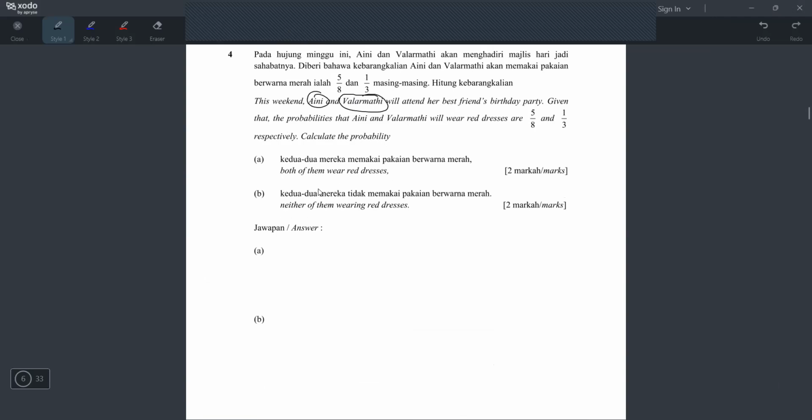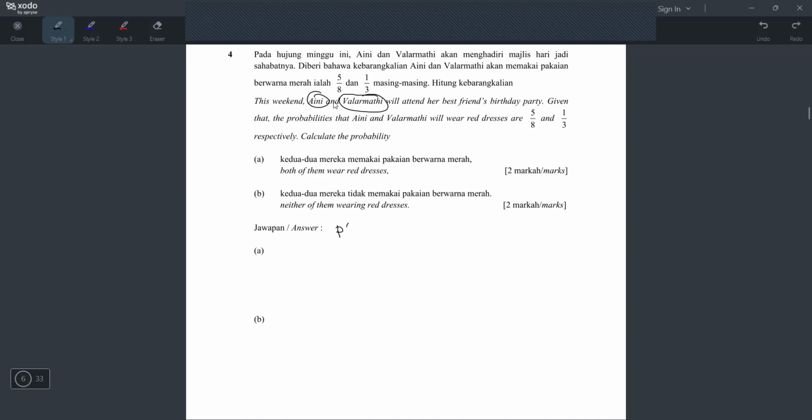Macam mana saya ajar buat soalan probability? Jangan tengok apa dia mau dulu kan. Betul tak saya cakap macam tu? In my previous video also, I mentioned this many times. Every time I jumpa probability question in my YouTube video, I always say, don't look at what they want. Write down all the possibilities first. Okay, jangan tengok A dulu.